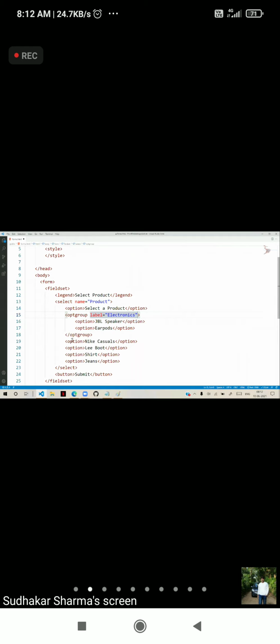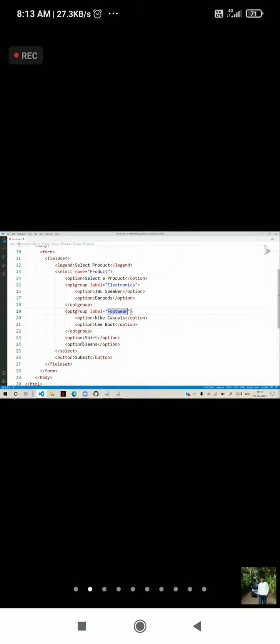Okay. Now these two belong to another group. We have to keep another optgroup, and for this, here we are defining a label as footwear. And here we are defining these two in another optgroup, and here we configure the label, so this is fashion, something like that.